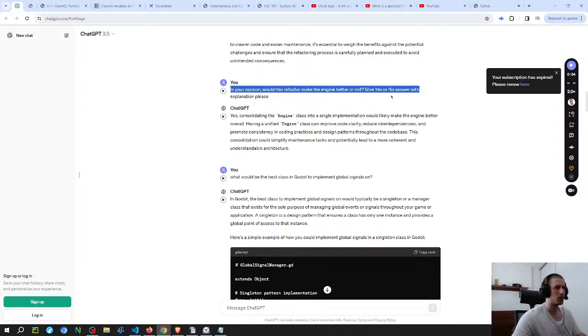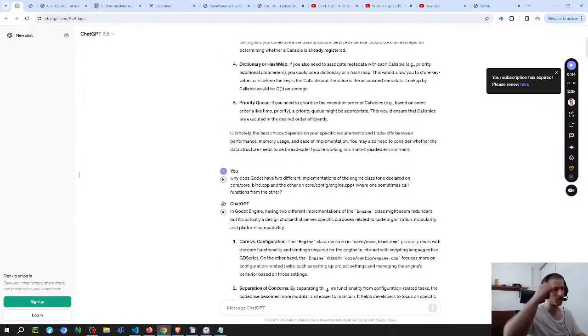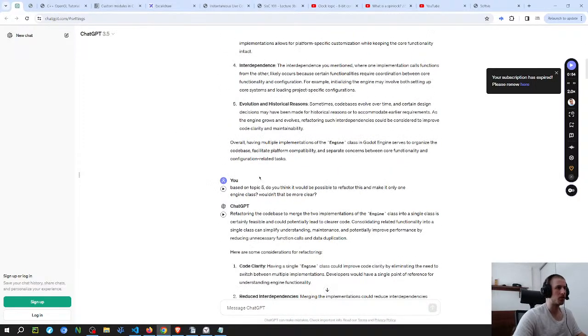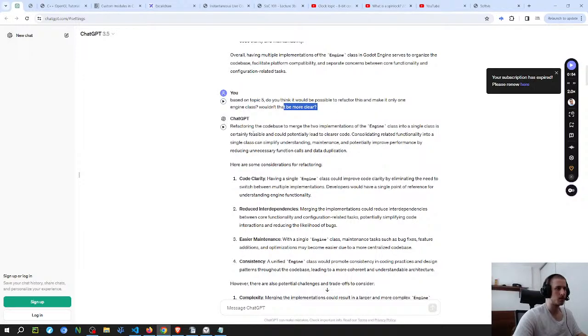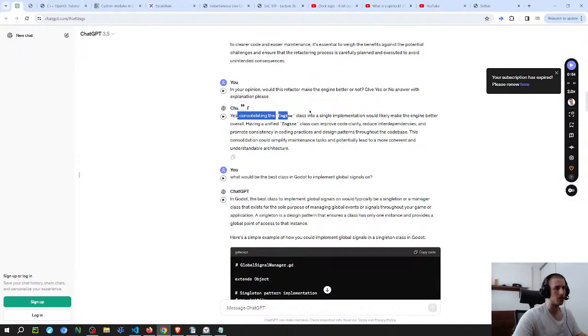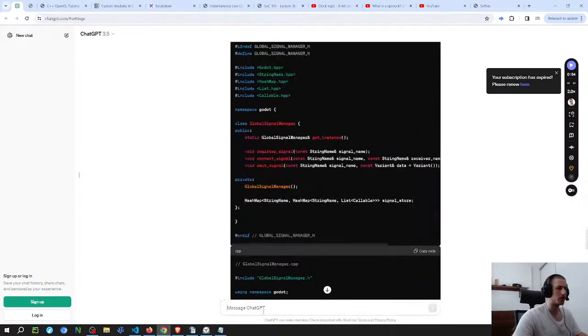Yeah, this is basically what I asked ChatGPT, because I was thinking about whether or not it makes sense to have two different engine classes, which it doesn't make a lot of sense to me. Seems kind of redundant. And then it just gave this list of trade-offs here, and then I asked what it thinks about consolidating the engine class instead. But it might be problematic because of different platforms and stuff like that. So I wanted to know what reason they have for creating these classes.